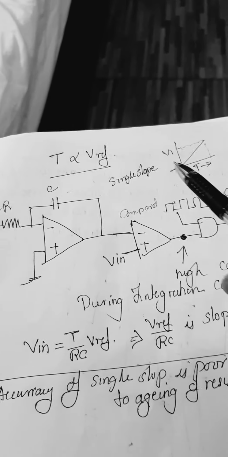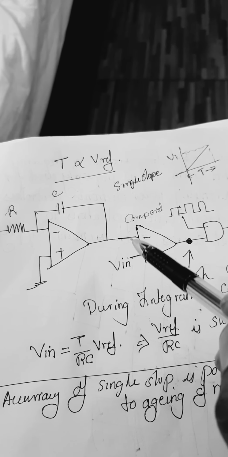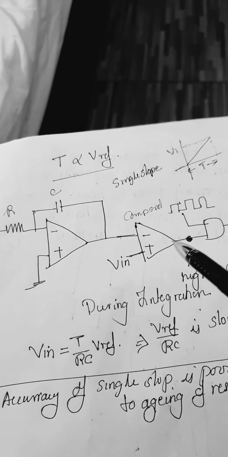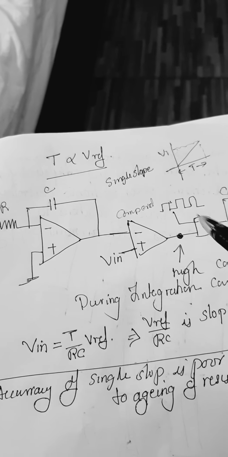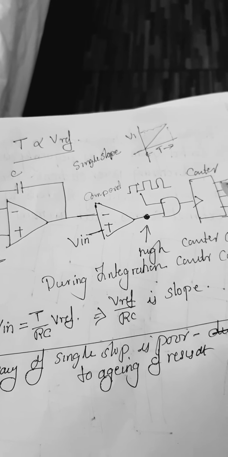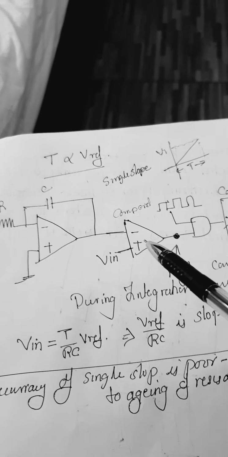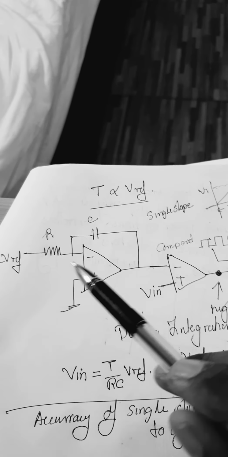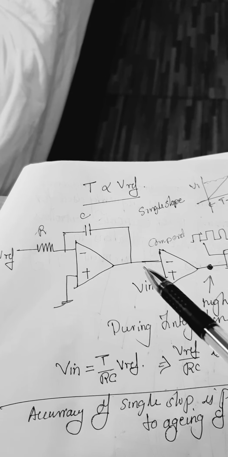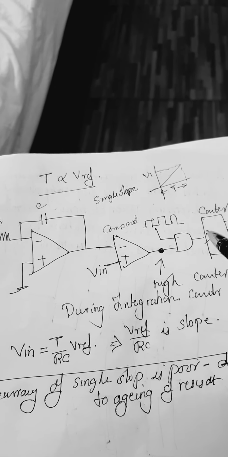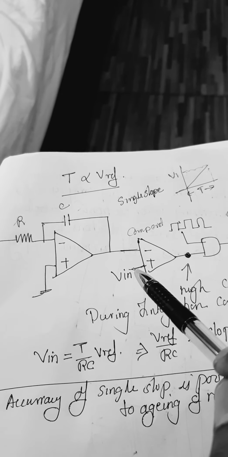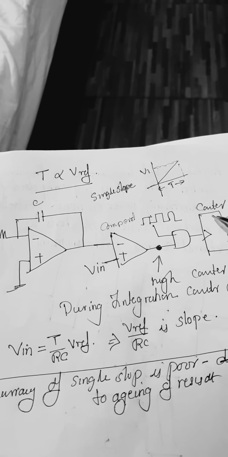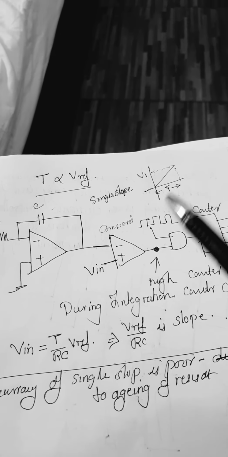the integrator output signal is equal to Vn. At that time the output becomes low, and there won't be any counting action. So you can see that till the integrator output reaches Vn, the counter counts, but when it reaches or is equal to Vn, the counter stops. So the output of the counter is exactly equal to Vn.